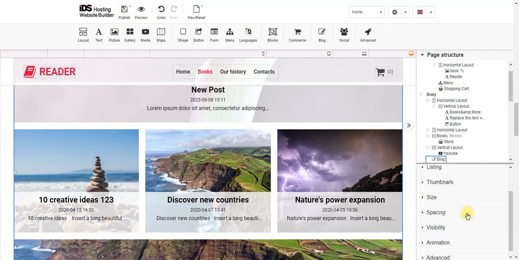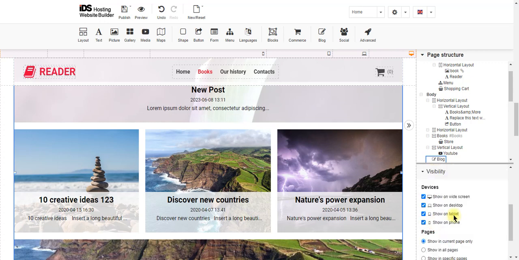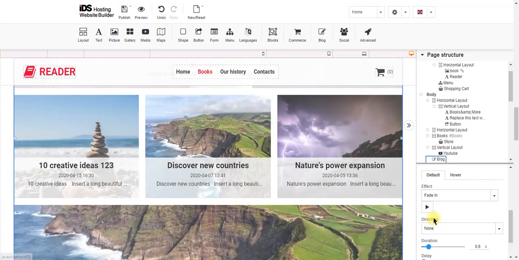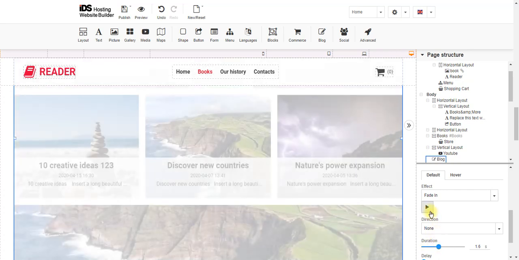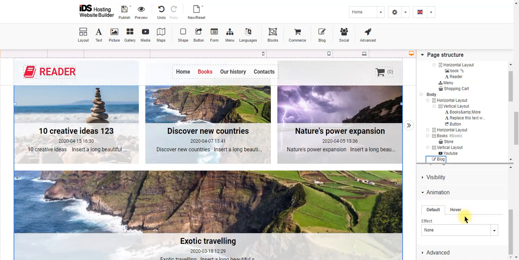And you can look at one of the other modules that covers this particular area, where it covers spacing, the spacing of the block itself on the outside, with padding and margin, visibility, changing the visibility, so you can show one thing on a mobile phone and another thing on a desktop, however you want to do it, and other items. Animated, you can actually animate as it loads, as you see there. You can make it a longer duration, so when it loads on the page, it does that, or when you hover over it, you can have another sort of animation. And then